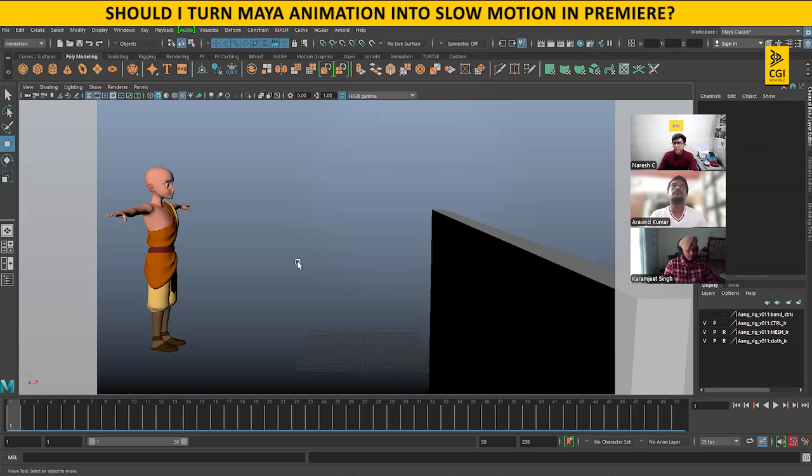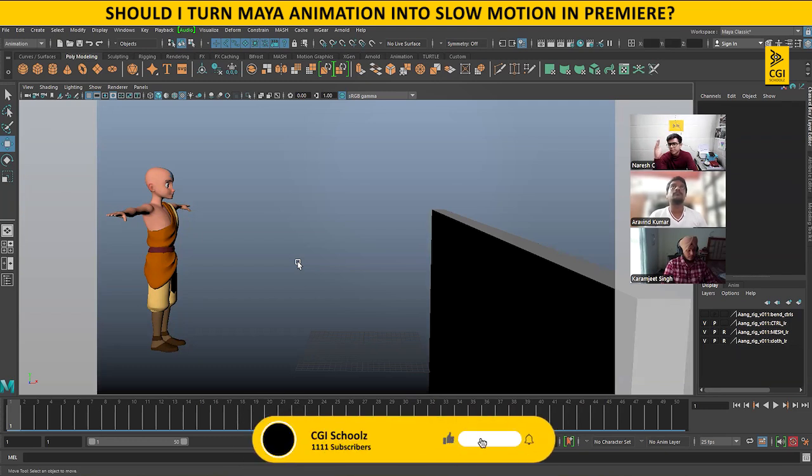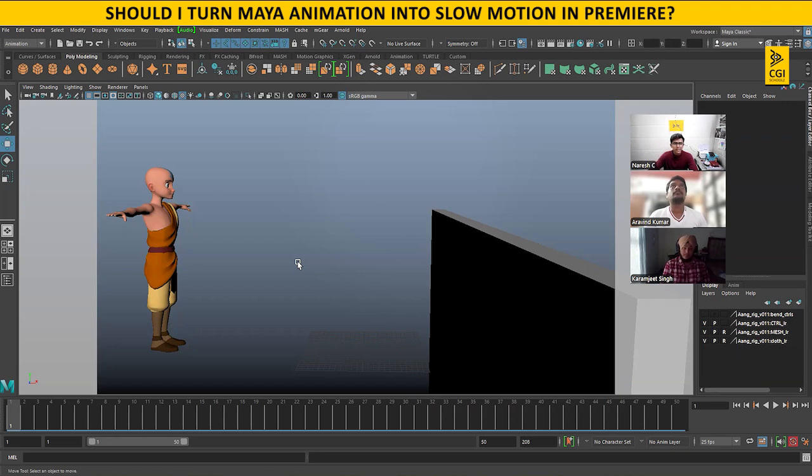Not animation, but any video. Any live action also. Sometimes we feel that this video is jittering while played, even if it is live action. Sometimes on the TV, sometimes on the phone, it's jittering. That means it's not smooth. Especially I will say this when you read credits. Do you feel that when we read credits, something is going up and down? Just try reading credits.